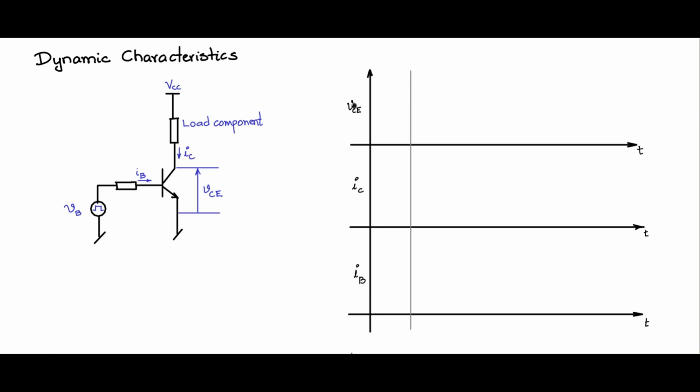Now, of these three parameters, VCE and IC are the collector side voltage and current. So these are the power variables. IB is the control variable. It's the control input. Depending upon the value of IB, we know whether the switch is on or off. And IB, of course, is coming out from this voltage source VB.